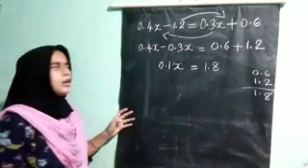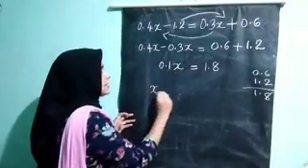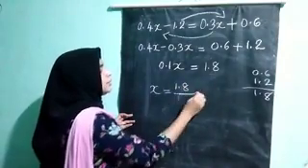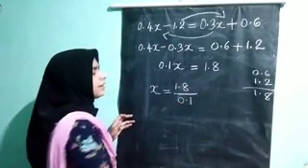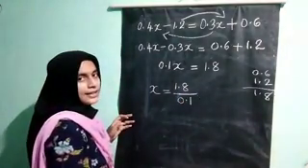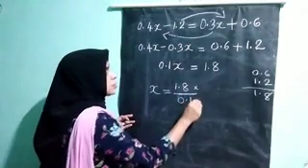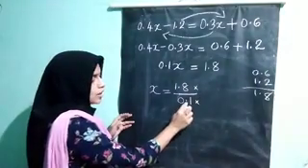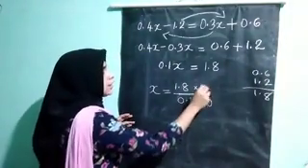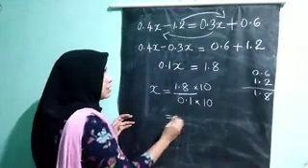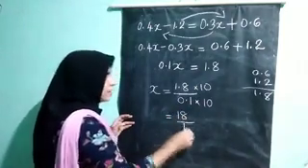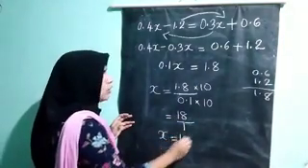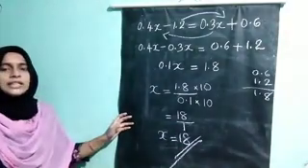Now we are going to solve for x. X equal to, taking 0.1 to the other side, it will become divided by. Into will become divided by. Now decimal and decimal dividing. So multiply the number of decimal places in the denominator. So here 1. So into 10. Only one place. Okay. So you will get 18 by 1. What is 18 by 1? 18 itself. So the value of x equal to 18.